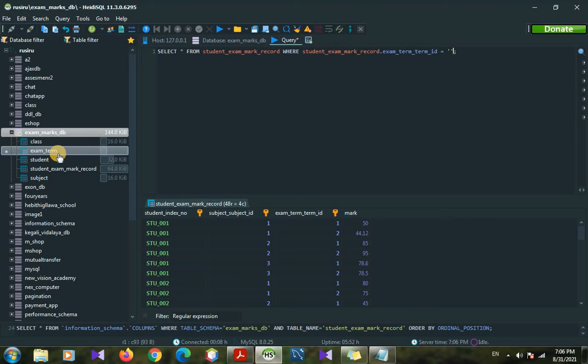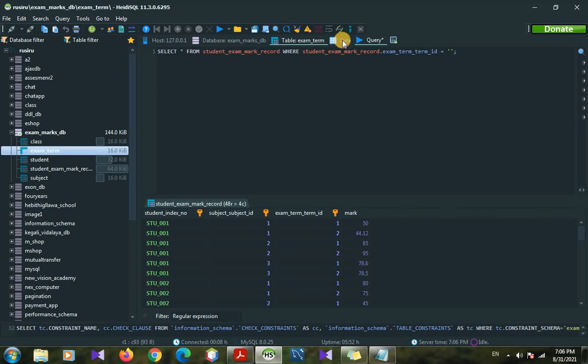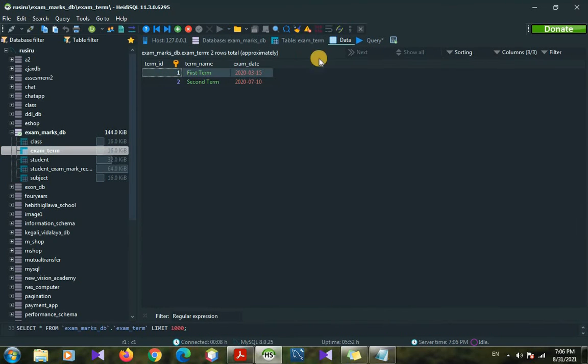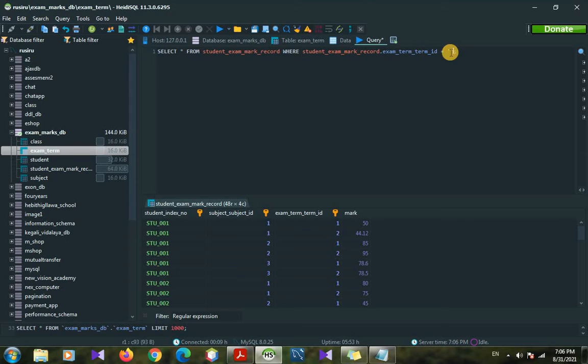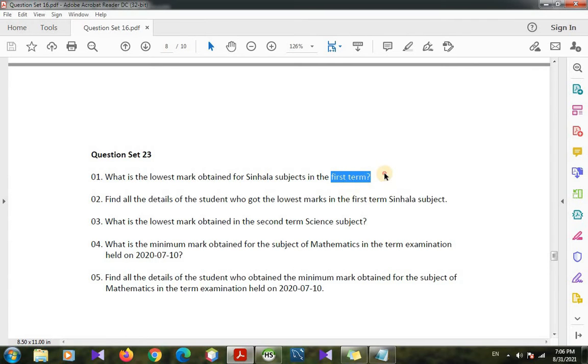We can go to the exam term table and look here. Its term id is 1, so here we can type 1. Now if we run this, all the records for the first term come up, but it's not giving the id, it's giving the name as first term.